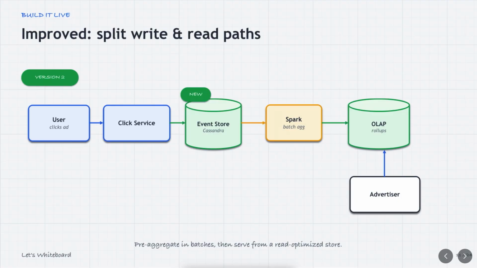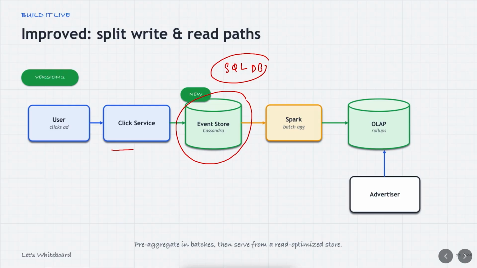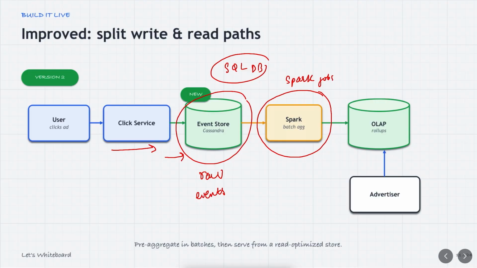So let's look at another version that we might use, which is instead of a SQL DB, we can maybe use an event store and we can introduce Cassandra over here. And then the click service would dump all of its raw events in Cassandra. And then we introduce Apache Spark somewhere in the system. What it does, we deploy Spark jobs which run over this Cassandra store, and it creates